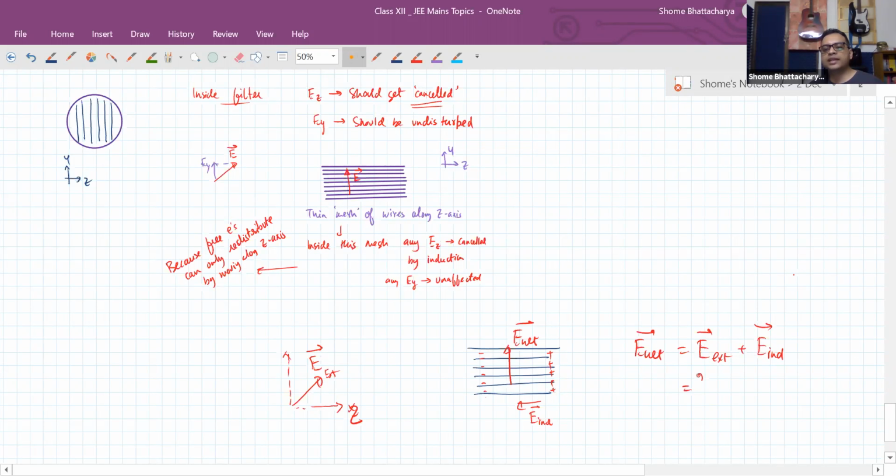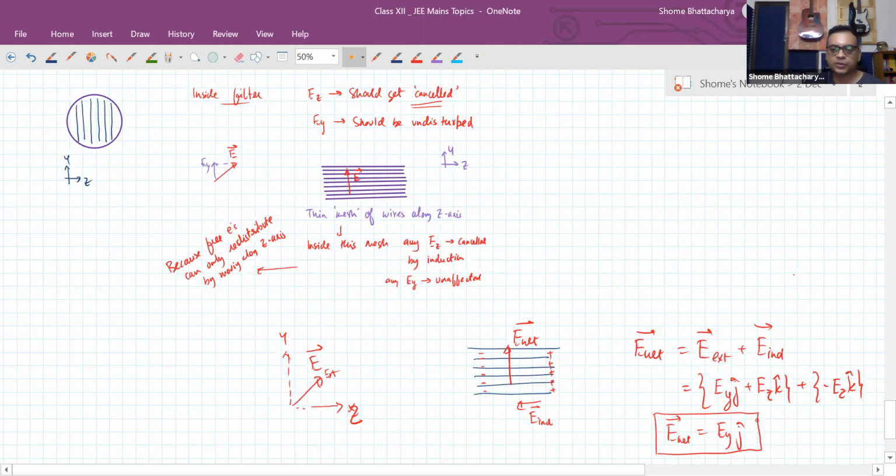Now suppose the external field had some z component and some y component. The induced field will just become minus Ez k cap. The electrons will keep redistributing till they don't need to move anymore. So we will be left with just Ey cap. This is a very hypothetical situation, that you can create a wire